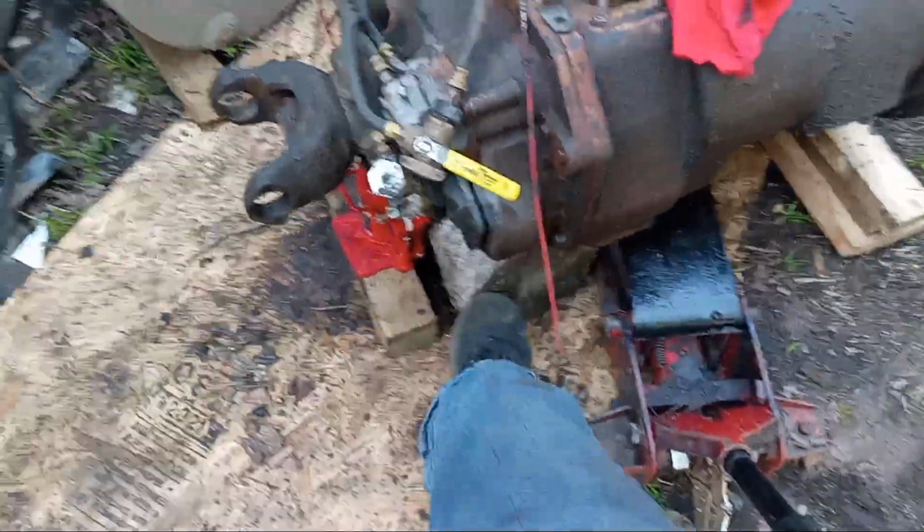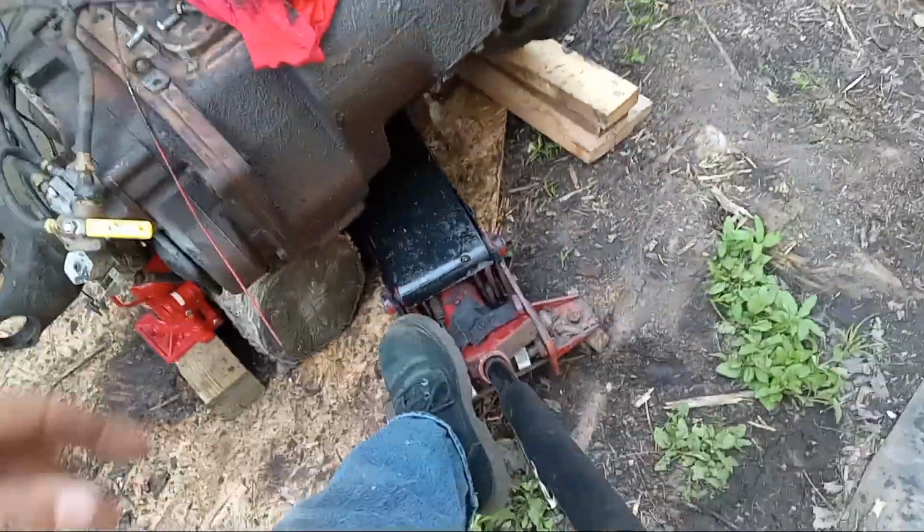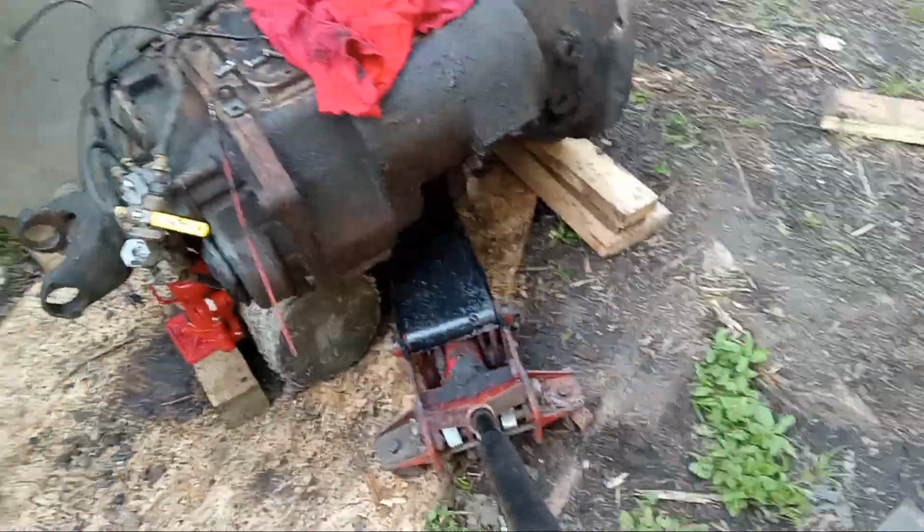Put blocks. I went slowly, of course. I had to put blocks and spacers till I got to put this full log underneath it. And that lifted it enough so that I could get the jack under there. And that's where